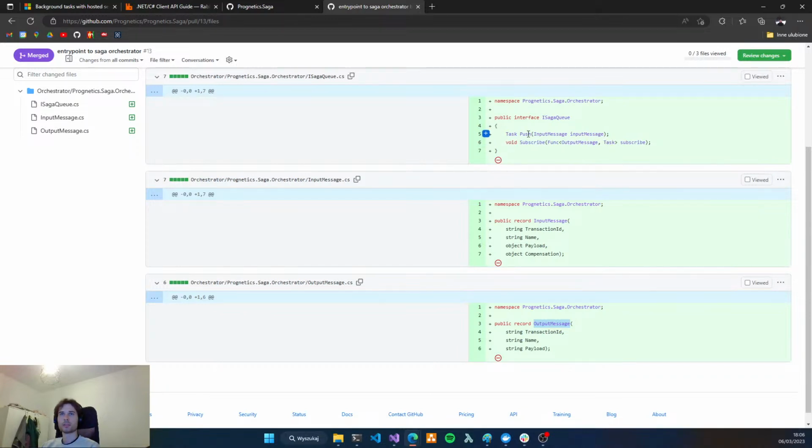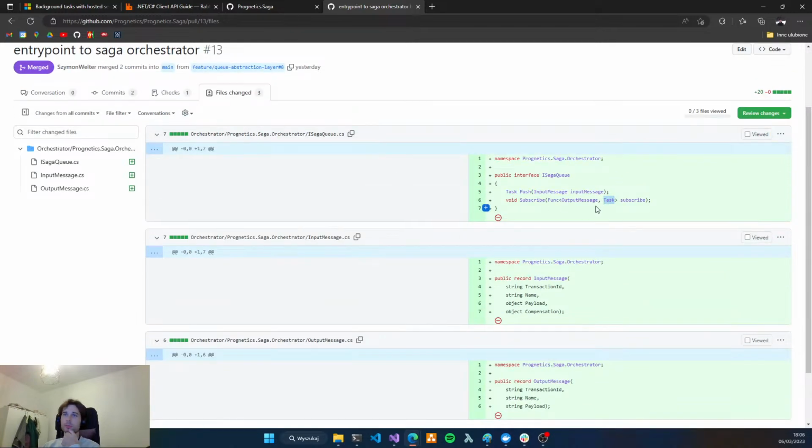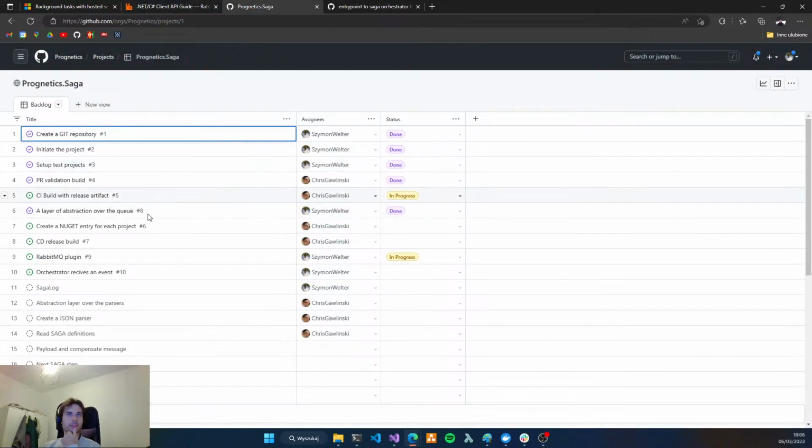A small difference: I added a task to our publish and subscribe functions because I assume that we will use the asynchronous way of programming here, so I think it's okay.